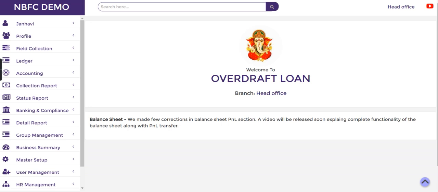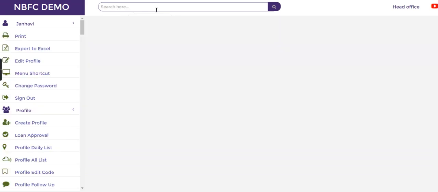So in this video we are going to see how overdraft loan will work in Jainam Software. So just have a look. I will search the file number of the customer from the search bar